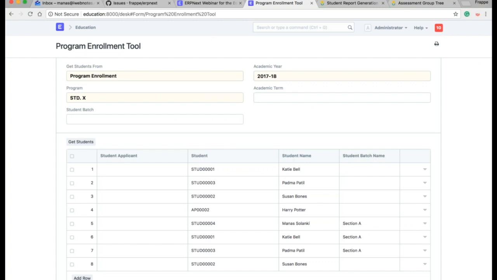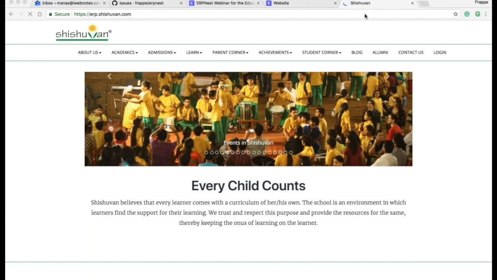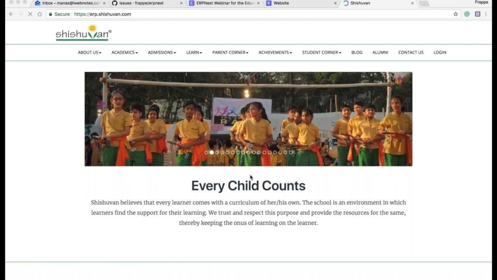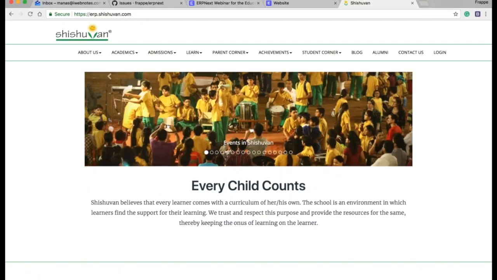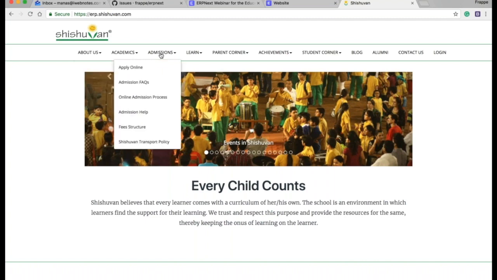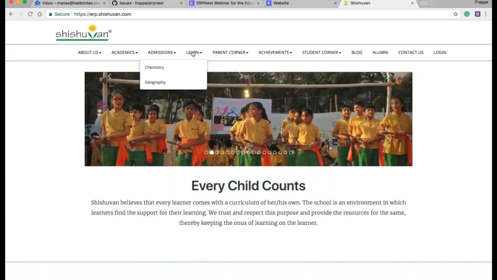So okay, this is one of the websites which has been generated from the ERPNext website itself. They have created this website using the ERPNext website module. So there are the pictures, and they have about us and history pages. They have linked extracurricular activities. They have linked their admissions, and they have